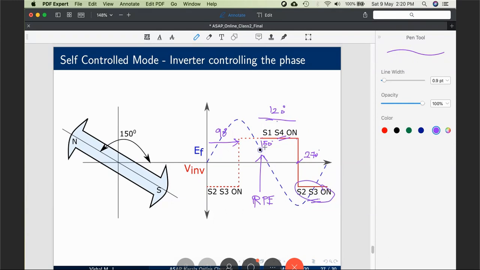So just by having a rotor position encoder, you can construct your EF, you get your reference. With respect to your reference, you can synthesize your voltage at 90 degree from the reference voltage. So the problem of getting a reference is solved by using a rotor position encoder or a sensor. Without a sensor, a self-controlled mode of operation will not work. You need to have the knowledge of your EF, then only you can fabricate your voltage waveform. If this concept is clear, we are reaching the end of this one.